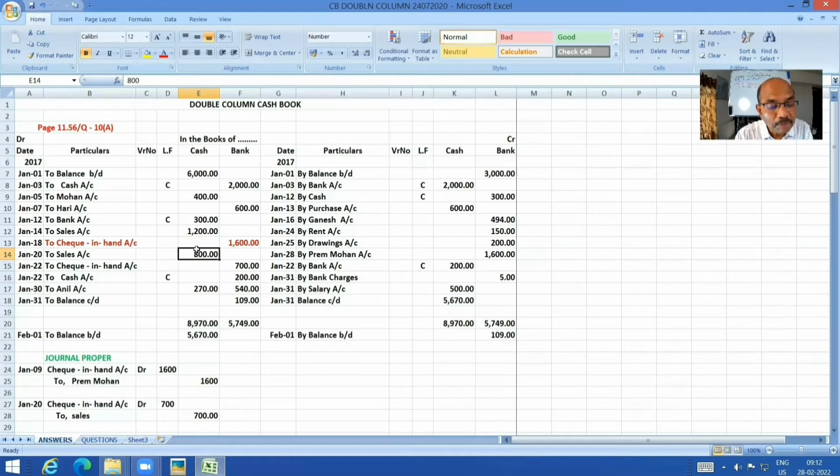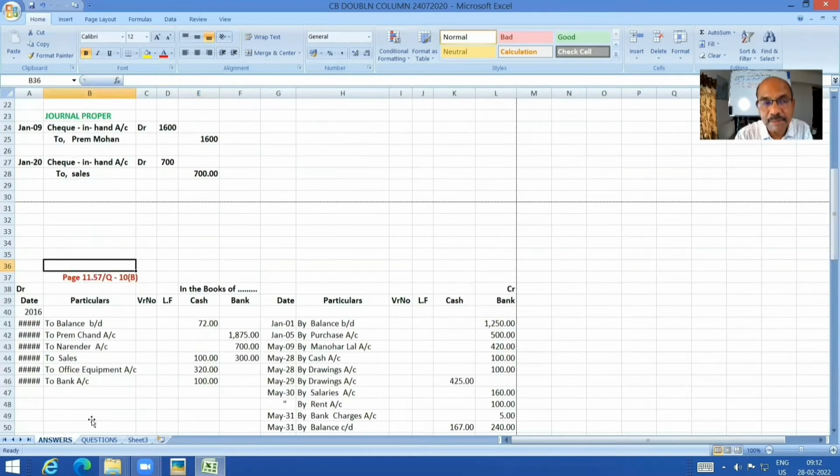Here we find it has been deposited on a subsequent date. So as usual, check in hand to, what do you write? Gopal or sales? Never make the mistake, Gopal, sales here, because he had given me across the table, maybe partly by cash or partly by check. So it was a cash transaction. Cash transaction doesn't mean purely cash. Cash transaction may be cash or check. Cash transaction means it is not credit transaction. That's the meaning of it. Okay.